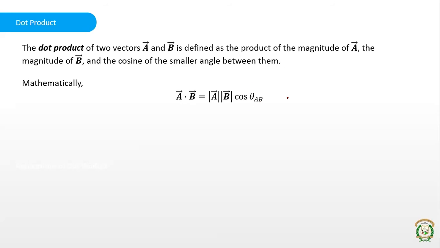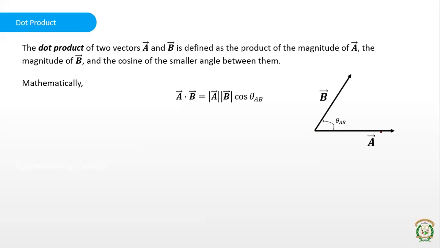When you take that angle, you have to take the smaller angle between the two vectors. Suppose these are the two vectors, this is vector a and this is vector b. There are two angles here actually. One is taken from a to b, the other one is also from a to b itself, but it will be a larger angle. So this is the smaller angle, and this will be the larger angle. If this is theta ab, the larger angle will be 360 degrees minus theta ab. Always take the smaller angle between a and b, and that we will represent as theta ab.